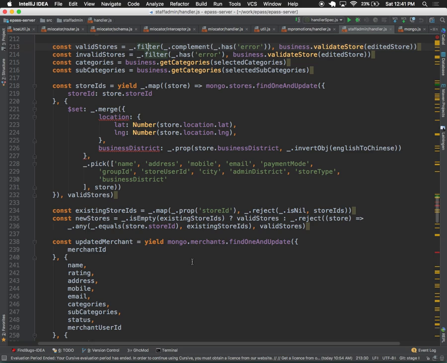Now, because you are following the incremental architecture, it's also necessary to revisit these APIs and the kind of operations you are doing, and extract them into different business use cases.